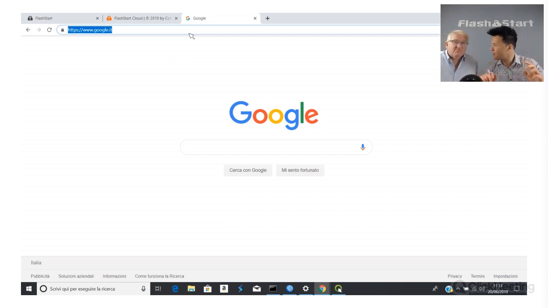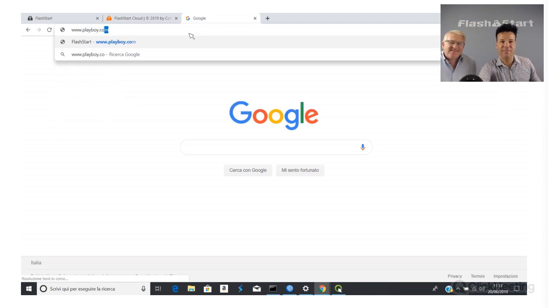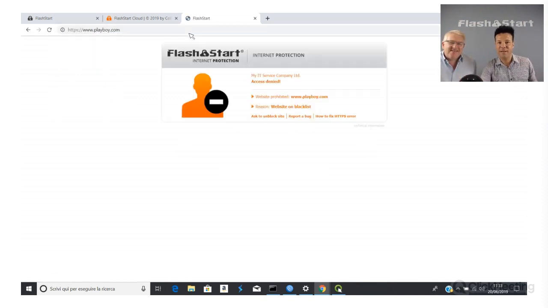Let me try. Playboy.com or do you prefer YouPorn? Playboy.com. Okay. Now system blocks the query. So just to say, we didn't show it, but it's set up for now blocking porn.